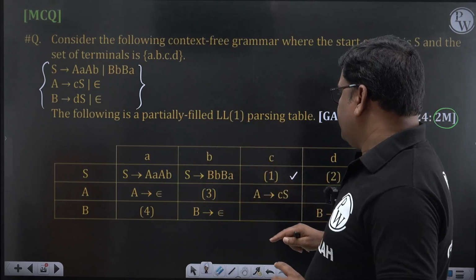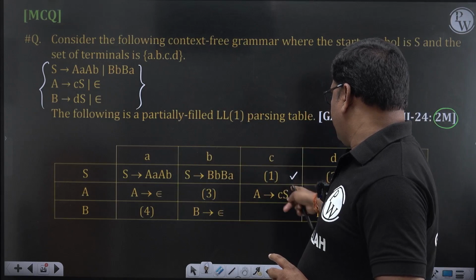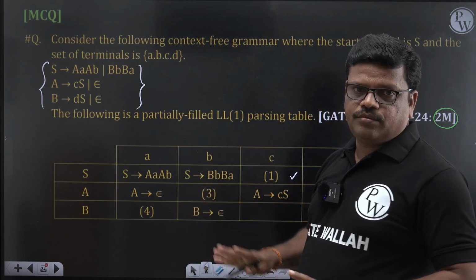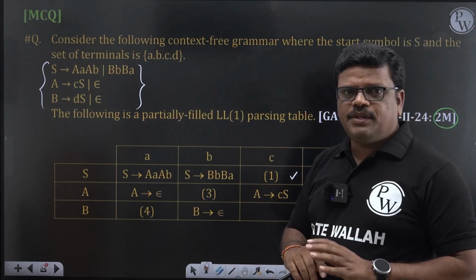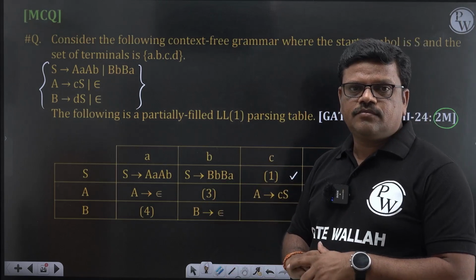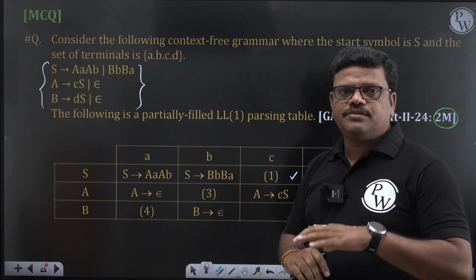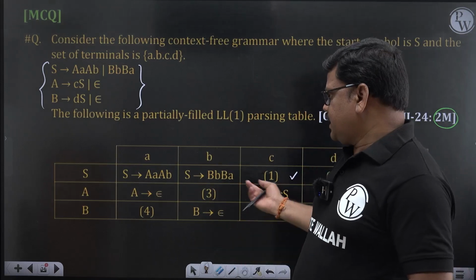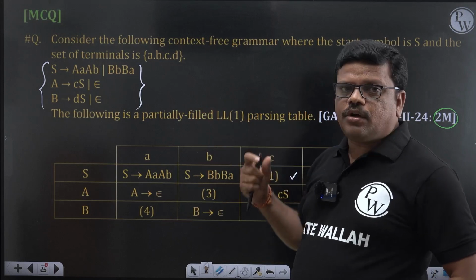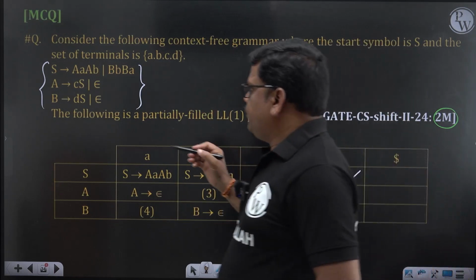So, we want to know what our positions 1, 2, 3, 4 are. This is our aim. The way of placing productions is based on first and follow values. How will we construct the LL1 parsing table based on first and follow? You directly construct first and follow and then construct the table. Directly, in the short way, how to do it? If you want to place this production,